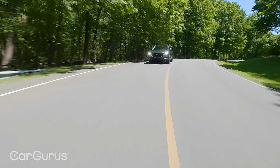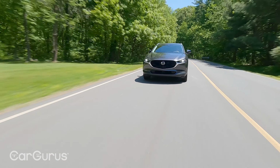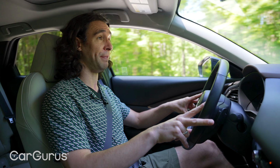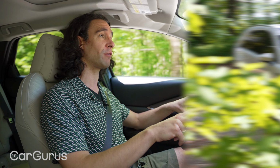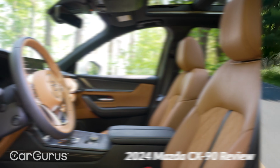It's quiet inside here, a lot of noise insulation that will trick you into thinking that you're in a luxury brand vehicle. Mazda's doing that across their lineup, specifically with the big CX-90. That's the new three-row SUV. You can check that review out. But the same rules apply to the